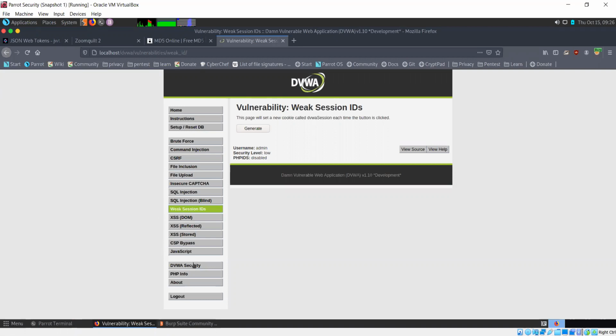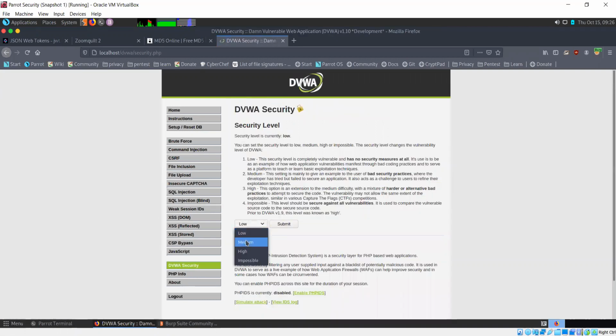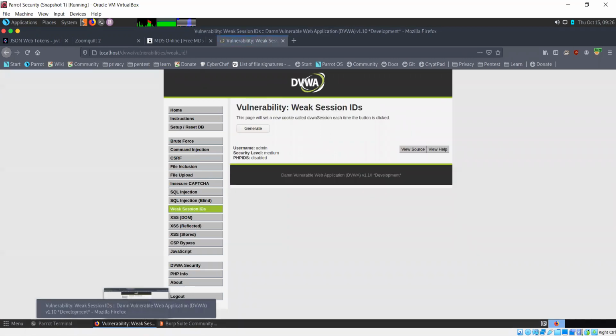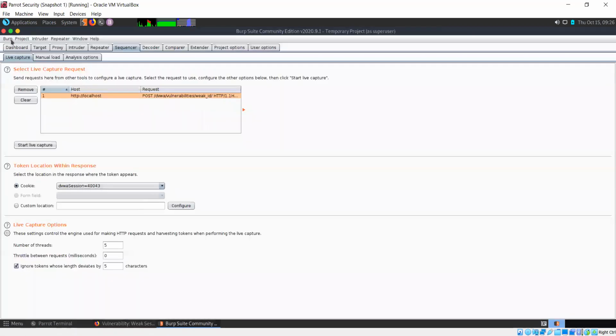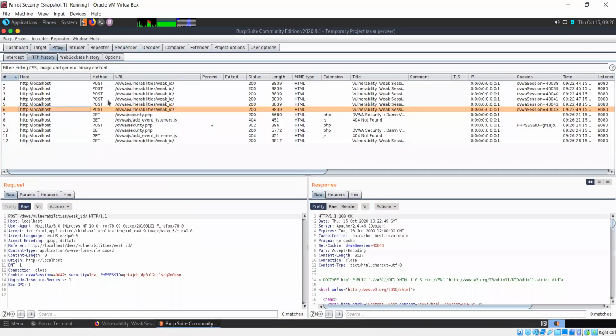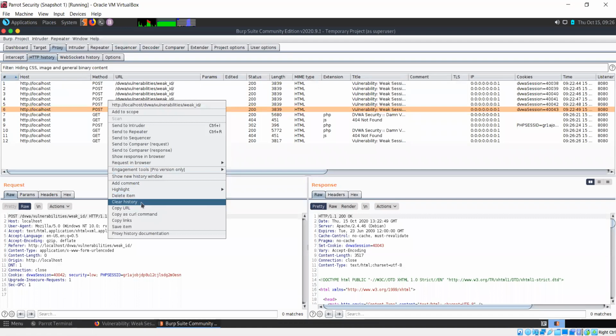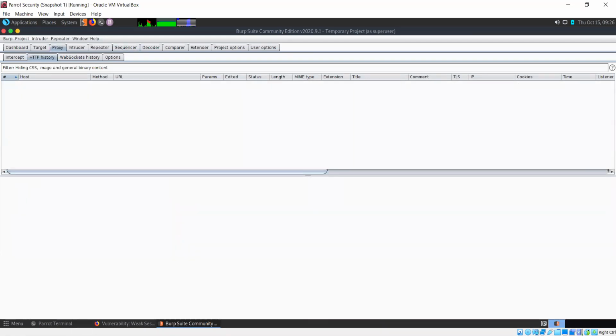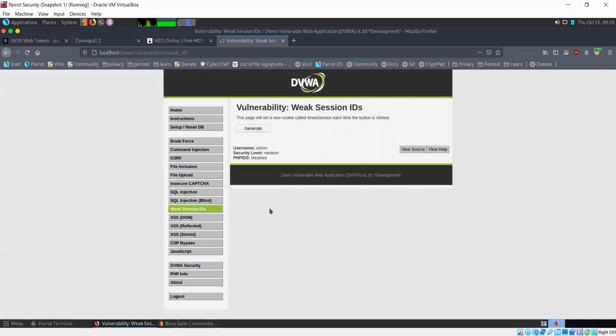Okay, let's move on to the next security level, medium, and see what we get for this one. Go to Proxy, HTTP history, right click, clear history, yes, and back to the browser. Now let's try generating for the medium level.